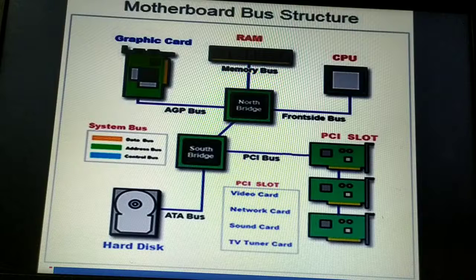I hope you are understanding. We have different kinds of openings on the motherboard. Certain ones are known as ISA, PCI, AGP, RAM slots, processor slot, PCI Express slot, and the PC card.